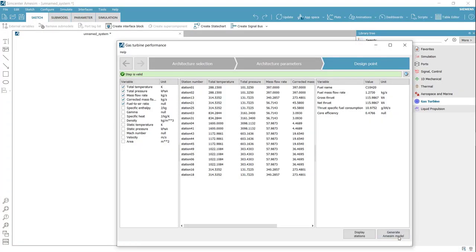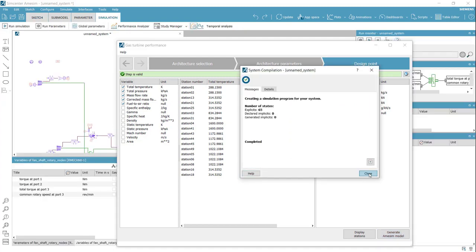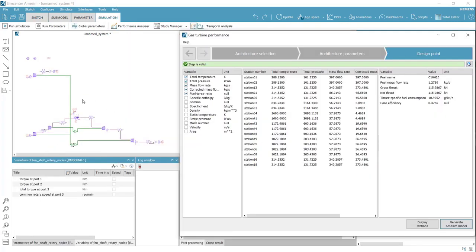From this on-design performance model, the tool can generate and parameterize a transient model automatically. Manually setting up a model like this could take up to several weeks, and with this tool, that's done in a matter of seconds. You can use this model to assess other design points, such as top of climb or cruise, or simulate a spool-up or spool-down transient.